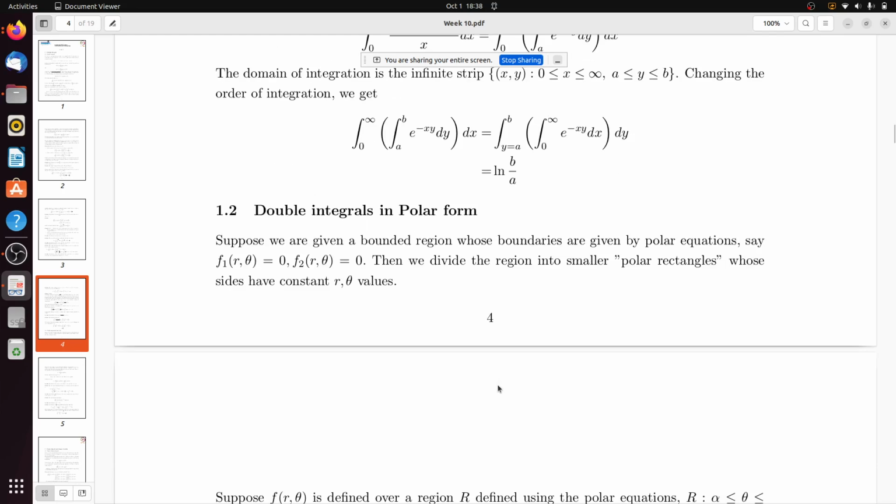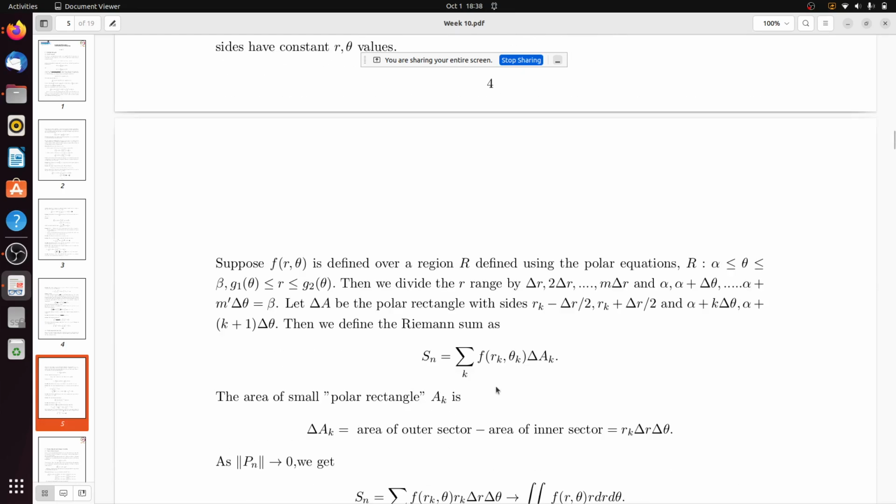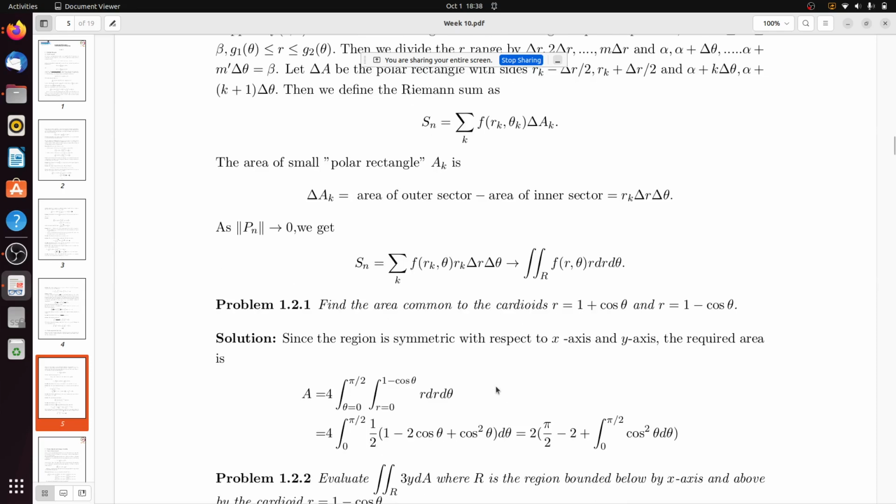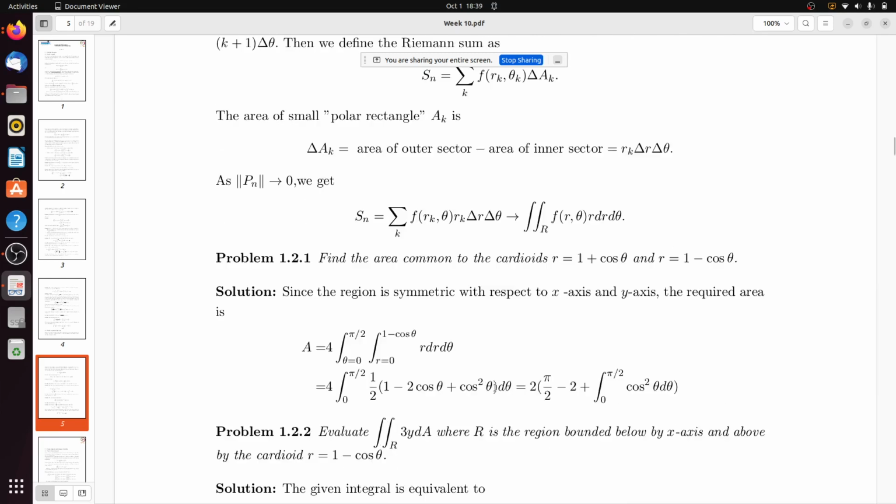Double integrals in polar form. Now similarly, instead of Cartesian coordinate systems, we can move to the polar coordinate system, spherical polar coordinate system, and we can simply evaluate the area common to the cardioids r equal to 1 plus cos theta and r equal to 1 minus cos theta. And since the region is symmetric with respect to the x axis and y axis,